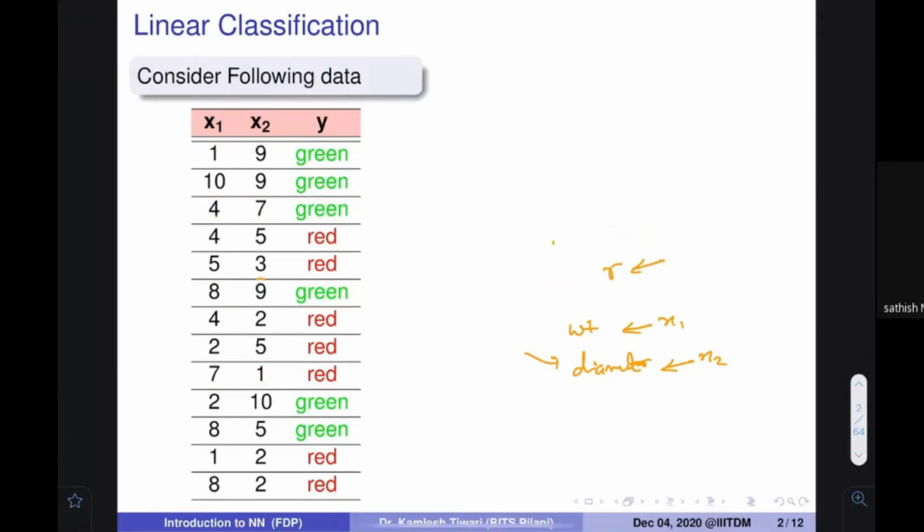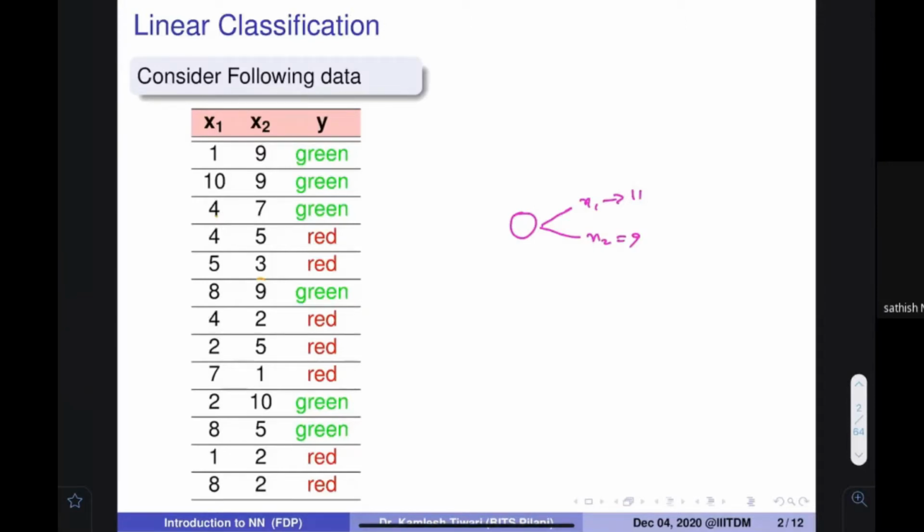Any question on this? Everybody understands that a table is given to me. Then in the machine learning domain, what do we want to do? We want to do this: if a new item comes, let's assume its weight x1 is 11 and x2 is 9, I want to ask what is the color inside this particular item without cutting it. So how can you proceed? Everybody understands this problem? Any questions on that?